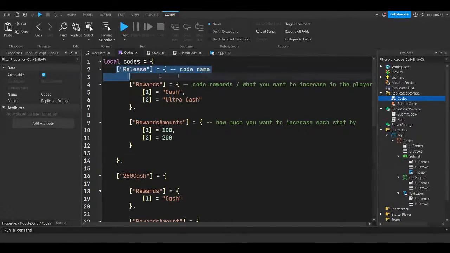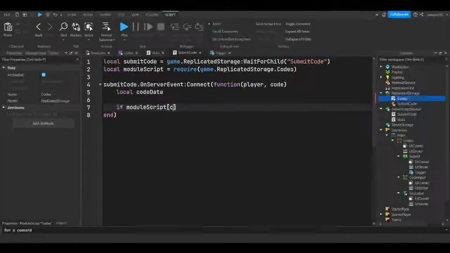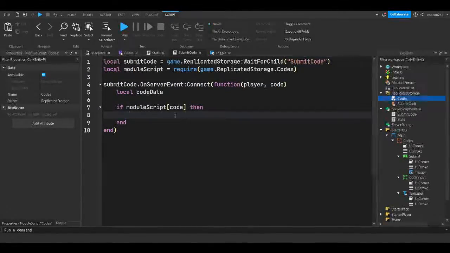So now we can access release, 250 cash and all that stuff inside of our server script. Now what we can do is if module script, and then we put in code, then. This is checking if in the module script there's something called whatever the code is, and if there is, then what we're going to do is